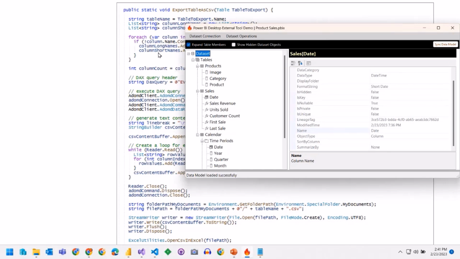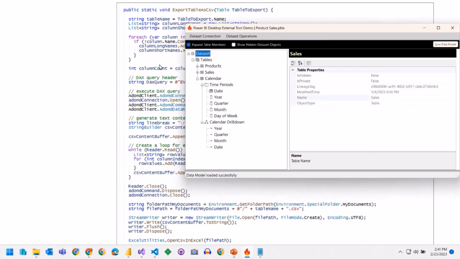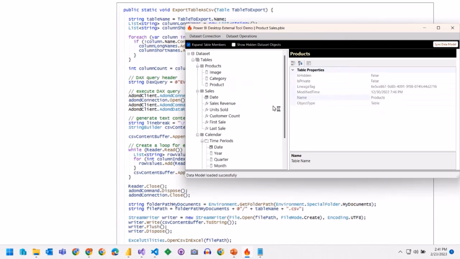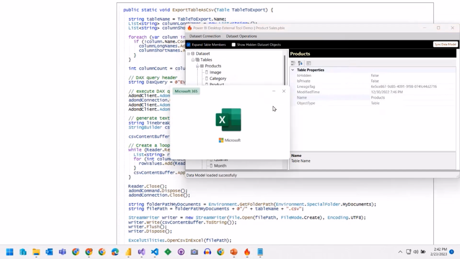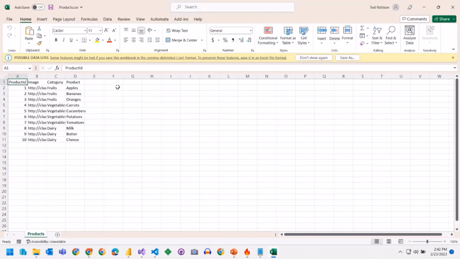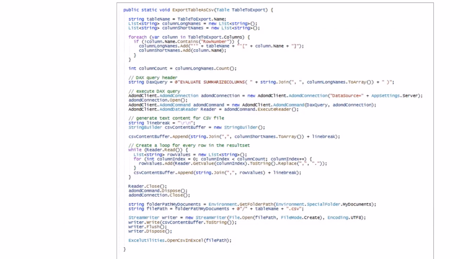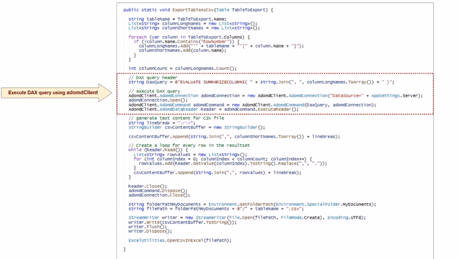We have some tables right here, so maybe what I'd like to be able to do is take one of my tables and just do an export table as a CSV file. So there's just kind of a quick way to get those here. Kind of things that I'll talk about here is that in order to do this, there is something which is